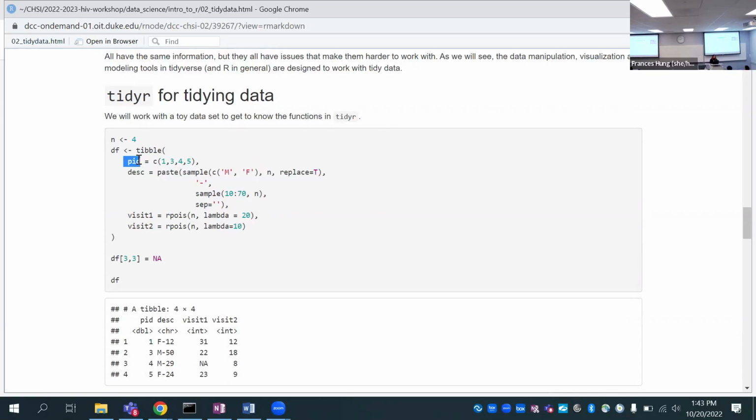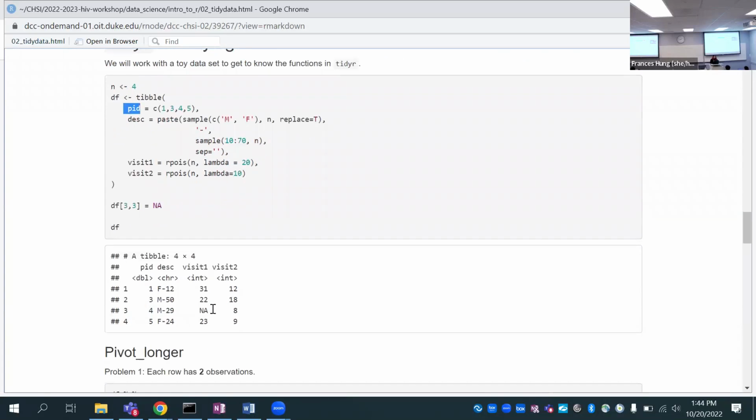So this is PID, which is patient ID, and we have 1, 3, 4, 5, and we have some descriptive variables, which are, I believe, gender and age. We have visit 1, which is a value corresponding to their first visit, and visit 2 corresponding to their second visit. And notice that we have some missing data, which in R is coded as NA in the data set as well.